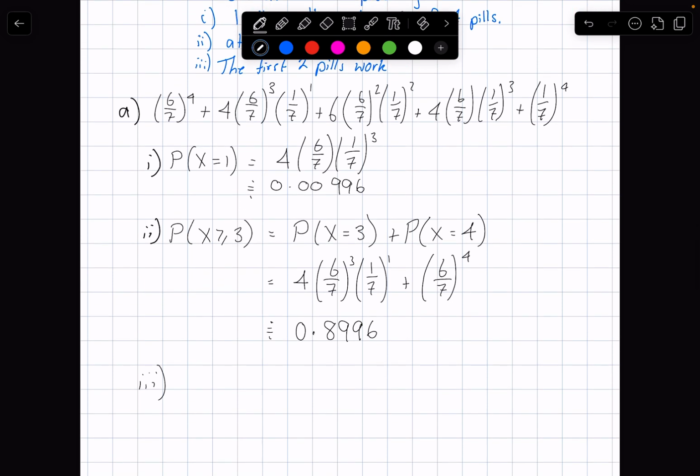Then the probability that the first 2 pills work, so that's the probability of working, working, not working, not working, which we can just simply do by multiplying our probabilities together. It's independent probability. So I've got 6 over 7 times 6 over 7 for the 2 working, and 1 over 7 squared for the 2 not working. So quickly put this into the calculator. 6 over 7 to the power of 2 times 1 over 7, also to the power of 2, and I get out approximately